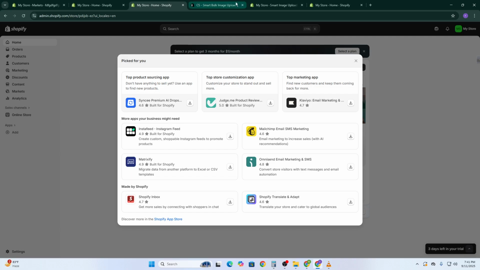And that's it. You've just learned a quick and efficient way to bulk upload product images to Shopify without using